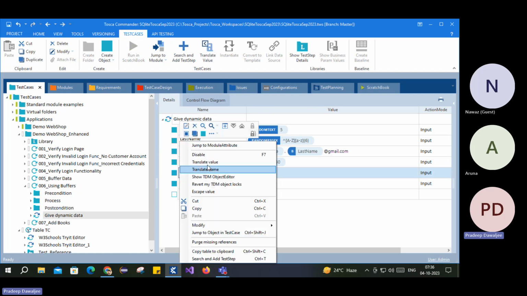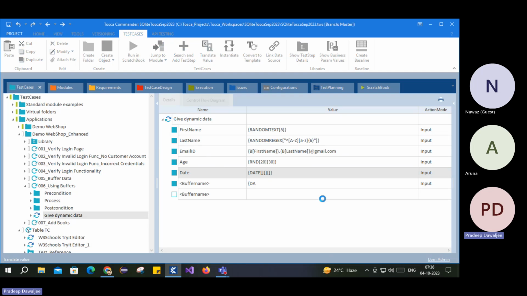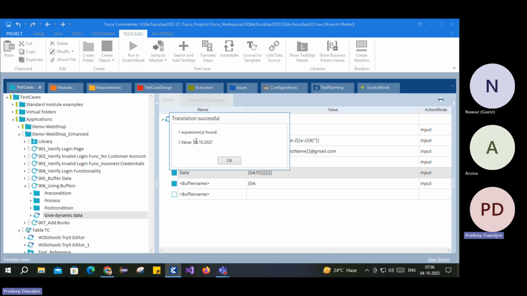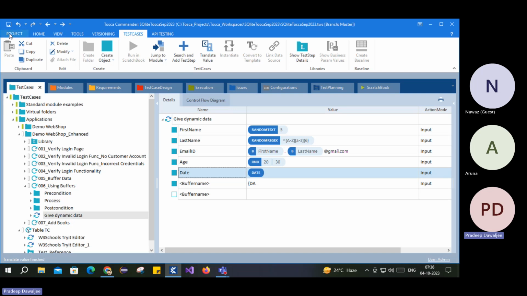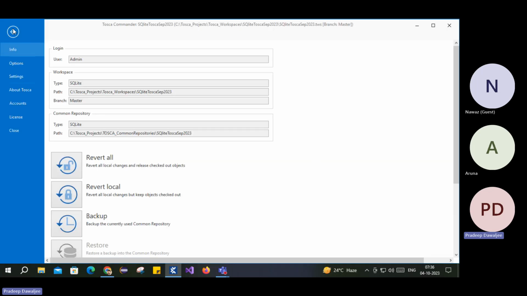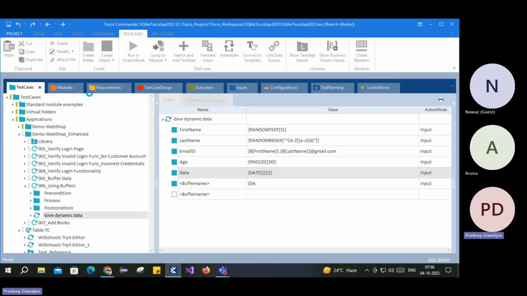And if I just right click and translate the value, you see we would get the current date, the system date, what it is: 04/10/2023, but it is in dot format. Why dot format? If you see, we also have something called settings. So you go to project, and then we have options and settings. This you can explore. If you click on that settings,